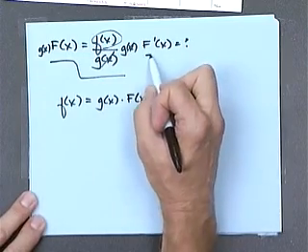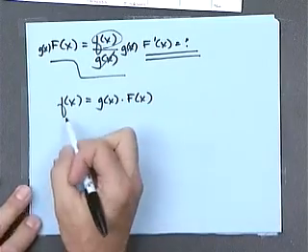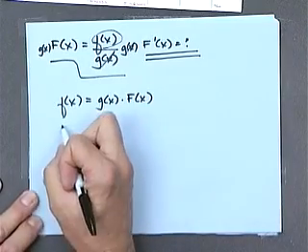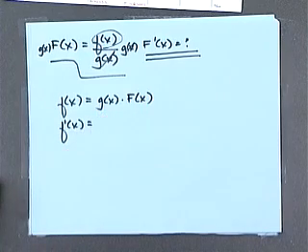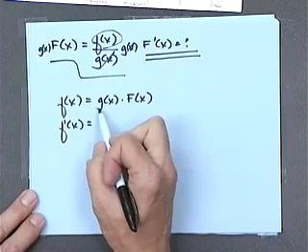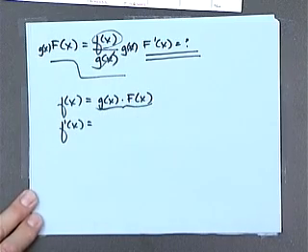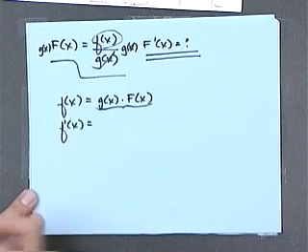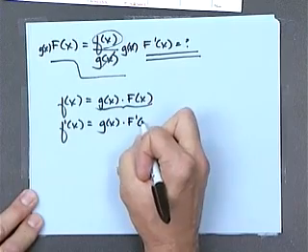Keep in mind what we want. We want capital F prime. So let's take the derivative. Derivative of the left side, that's easy, little f prime. The right side is a product. So tell me what to write down for the derivative of that product. G of x times derivative of f, okay, capital F prime,